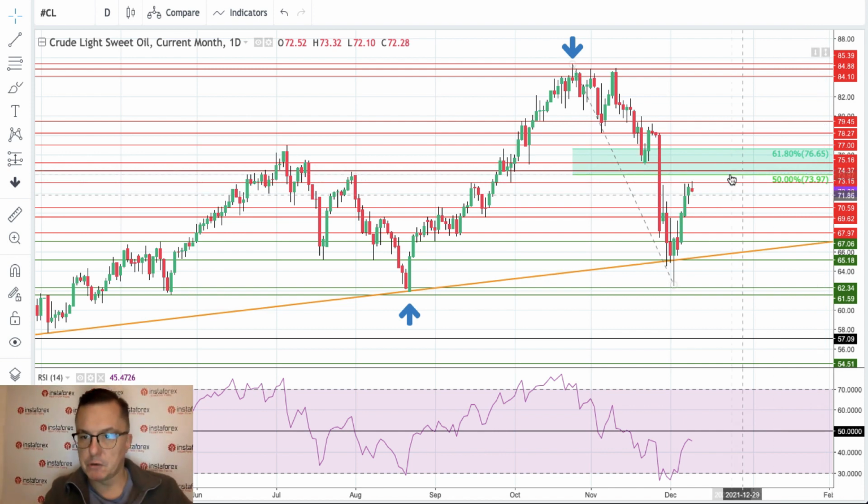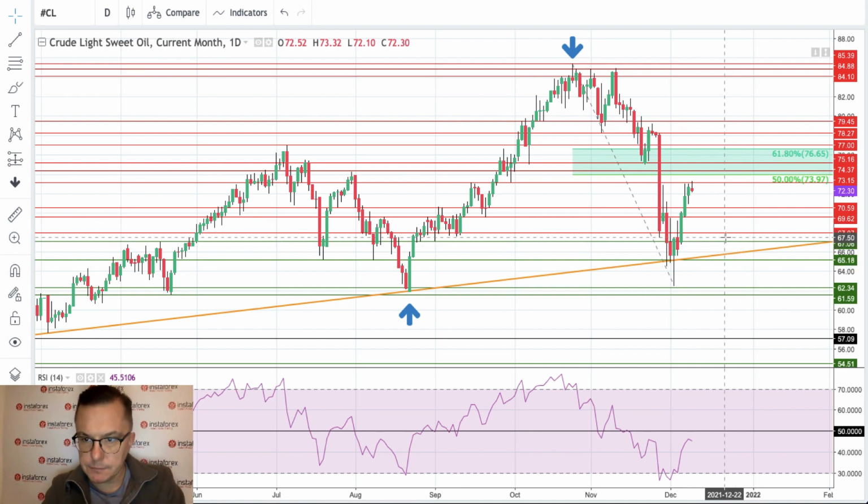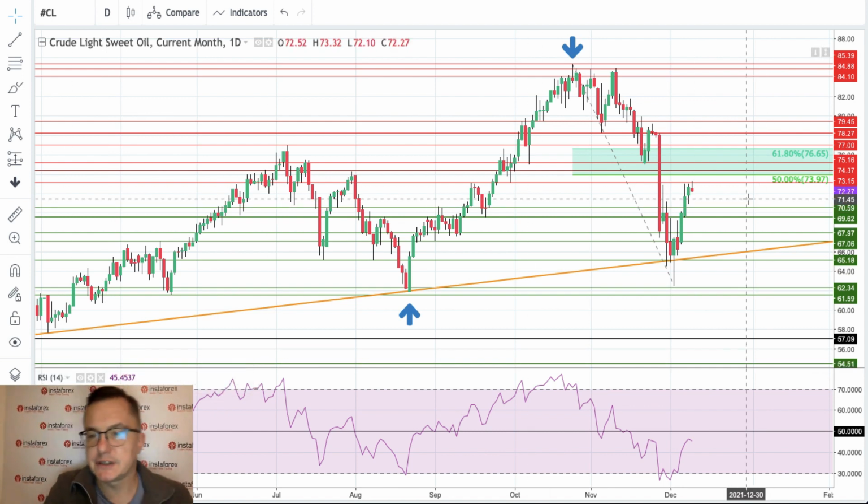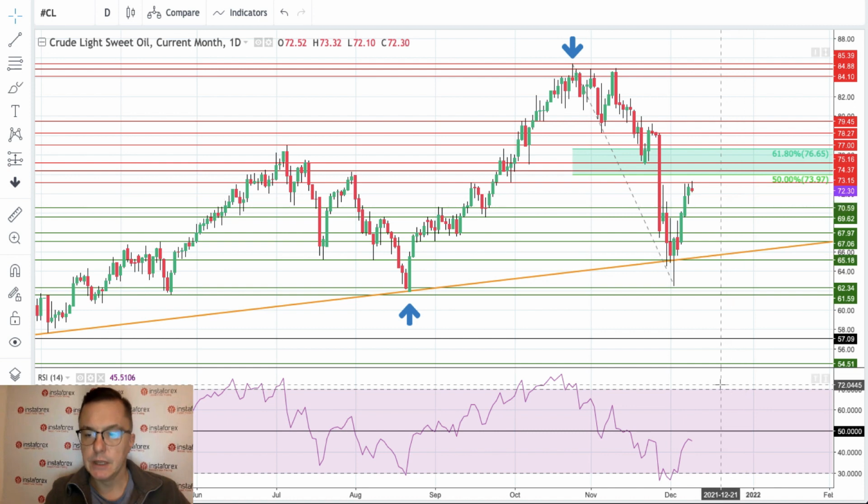So right now the levels of 67.97 and 69.62. Okay, and the third level of 70.59, all of them are now technical support for the price. Of course, it's a short-term technical support, because it looks like this bounce on crude oil was made because of